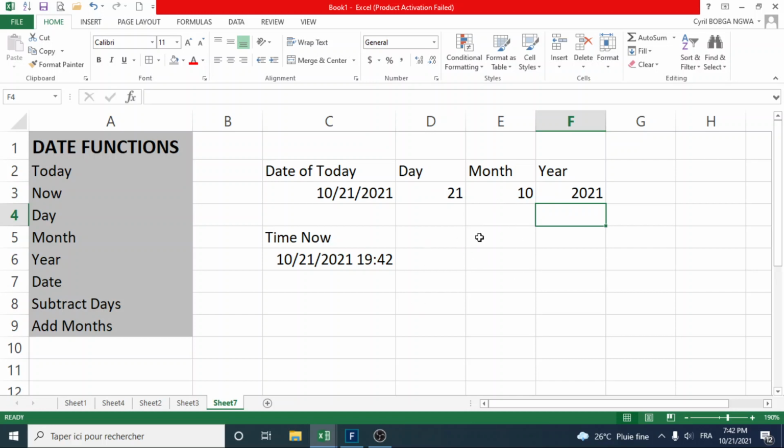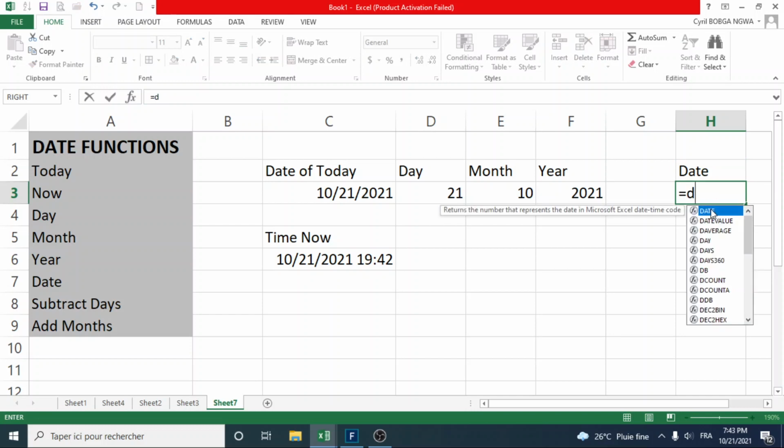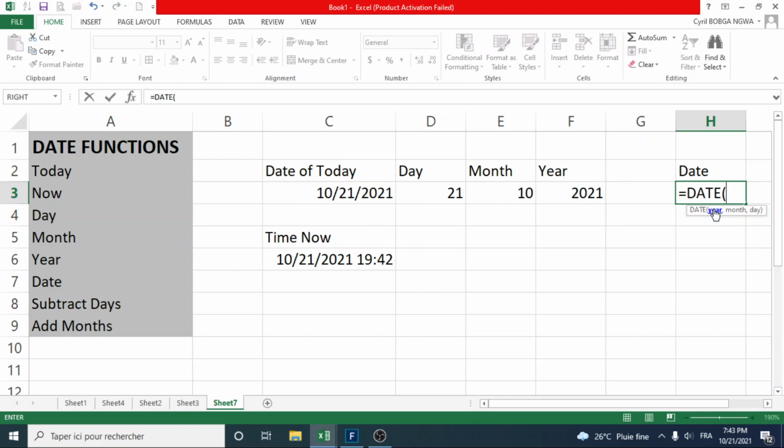Now, what if you want to build the date yourself? So you want to be able to build a date. Maybe you need it as an input in your formula or in your worksheet. So let's just say DATE, for example. To build a date yourself, you call the DATE function. This is it here already. So I'll double click on it, DATE. Then now, what do you need as input here? The first argument, you have the year. So year